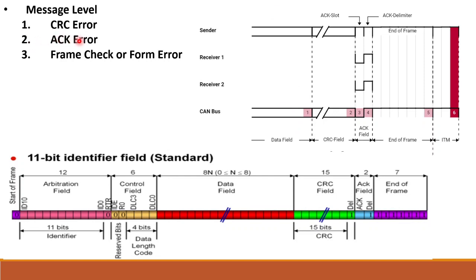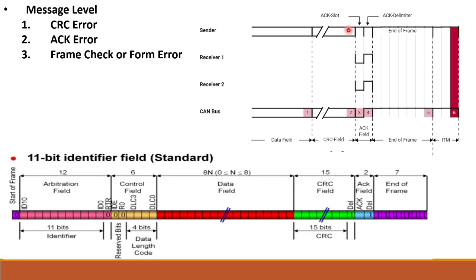Next is the acknowledgement error. After completion of the CRC field, the sender sends two recessive bits, two ones. If the receiver has successfully received all the fields, the arbitration field, control field, data field, and the CRC field, then it should respond with 0 1: one dominant and one recessive bit. Similarly, the other receiver sends one dominant and one recessive bit. If I do the wired-AND logic here, 1 0 0, I get 0, dominant. If all are ones, I get 1. This is how it is represented on the CAN bus.